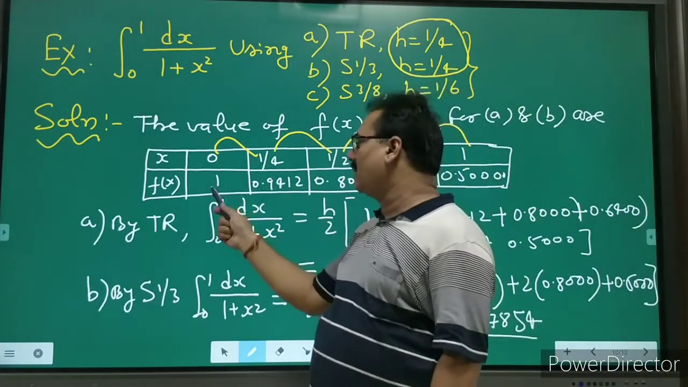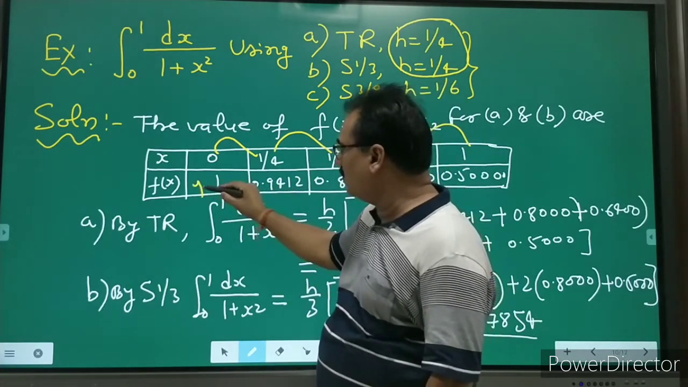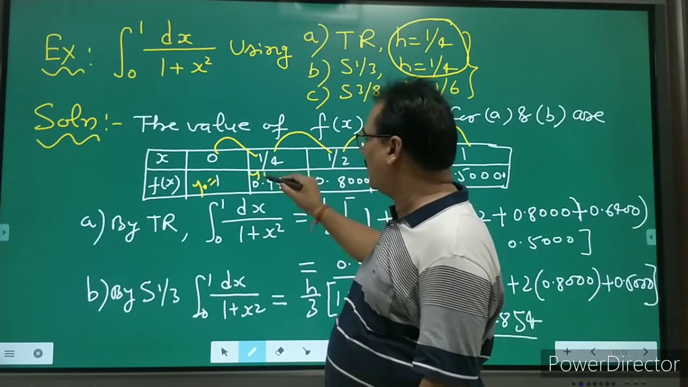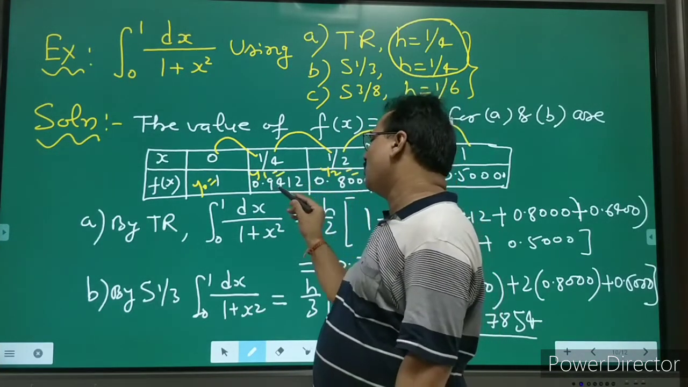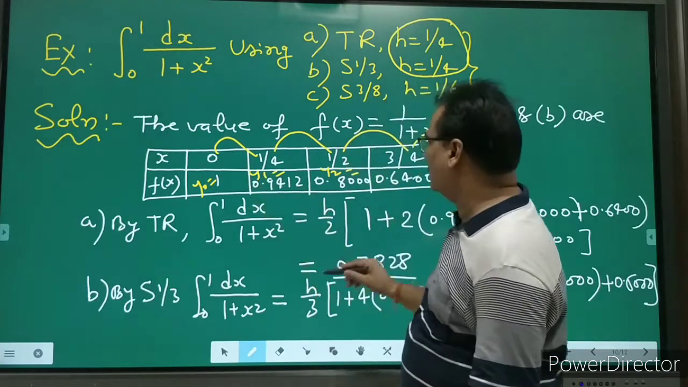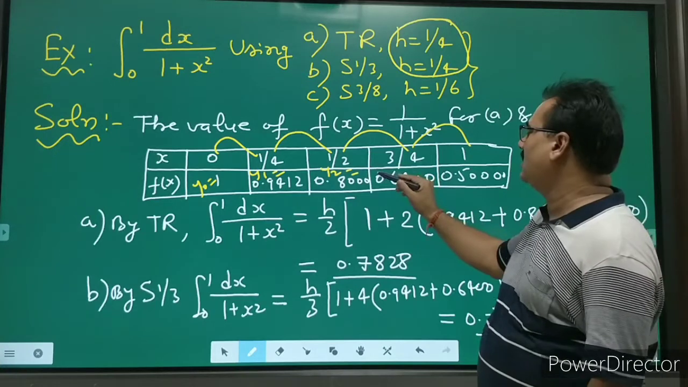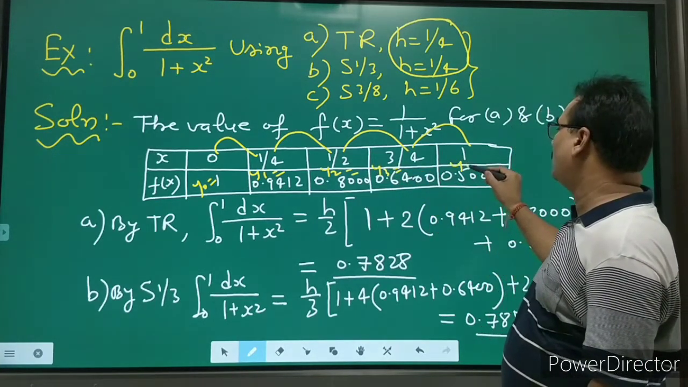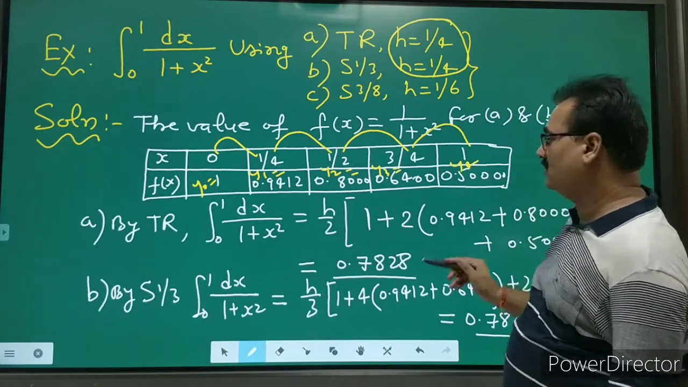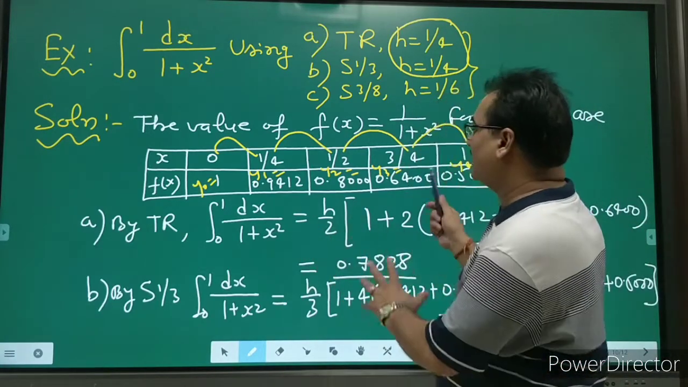So after putting the values here, you will get this is y naught, the value is y naught. Here this is y1. This is y2. This is y3. y1 is 0.9412. y naught is 1. y2 is 0.8000. And then y3 is equal to 0.6400. And y4 is 0.5000. So for the integral from 0 to 1, just to use the formula h by 2, as I said, the formula is